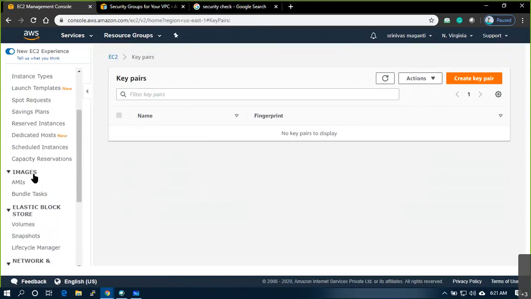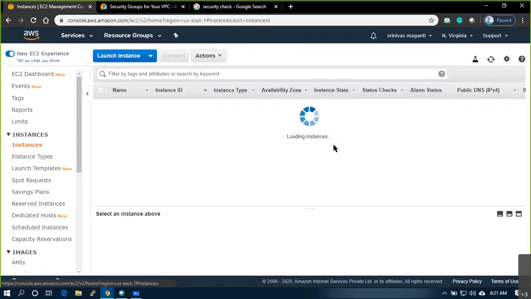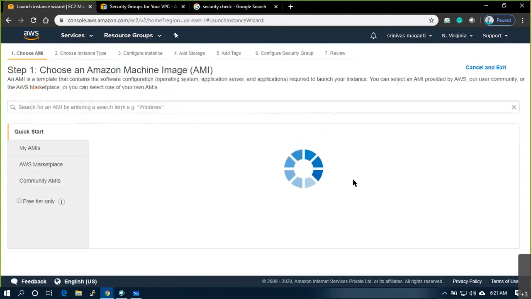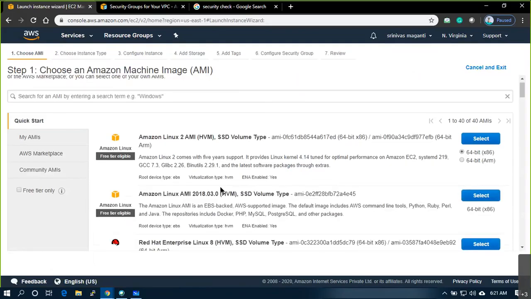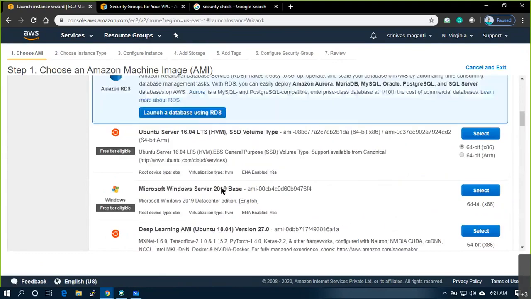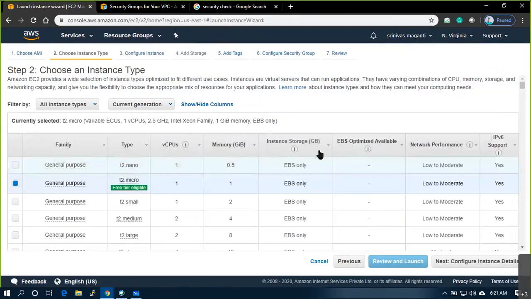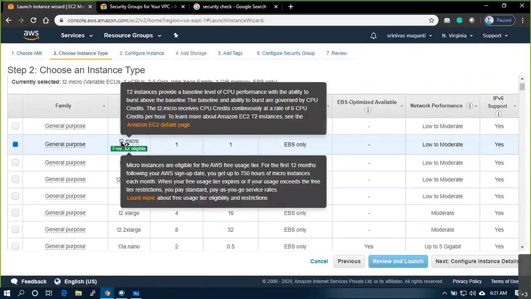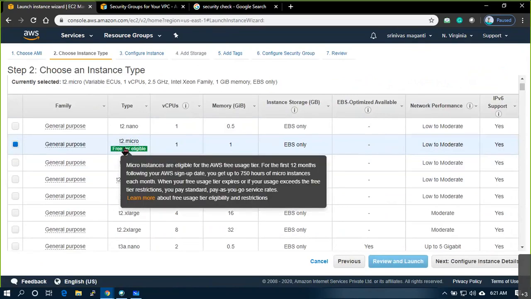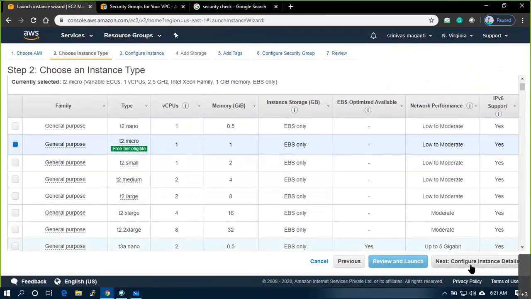Gone. So instances, launch instance. You'll see a lot of these images. So which one do I want to deploy? Let's deploy Windows 2019 base image. Select, and what's the size? As I said, T2 micro with 1 CPU, 1 GB RAM is free for 12 months. Okay, select that. Next,